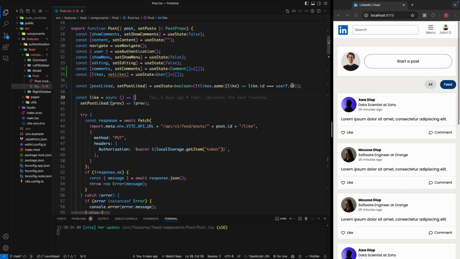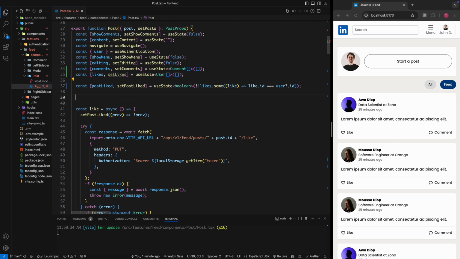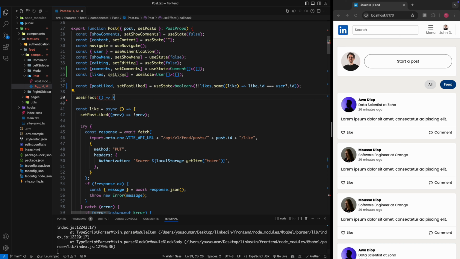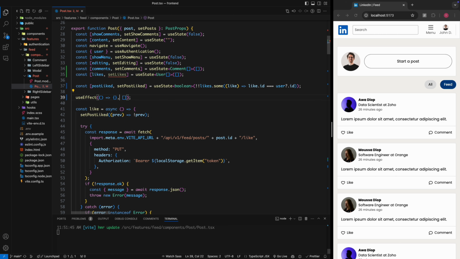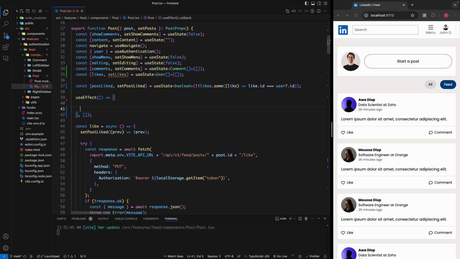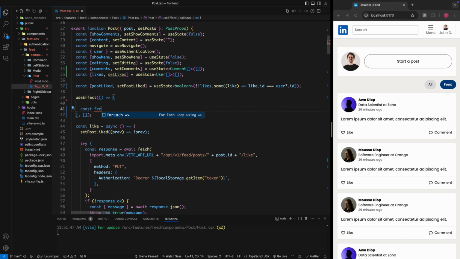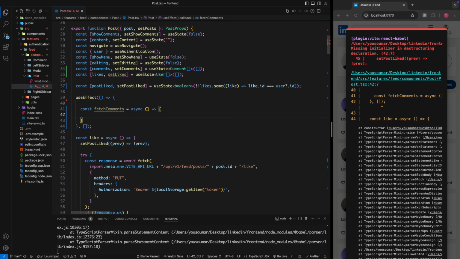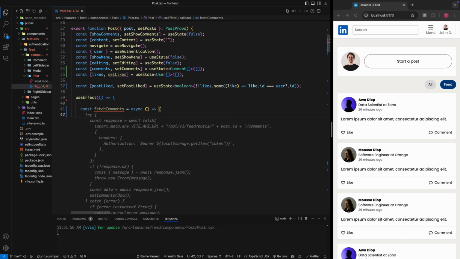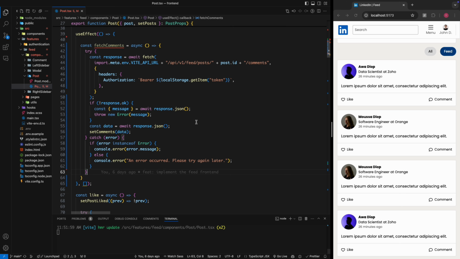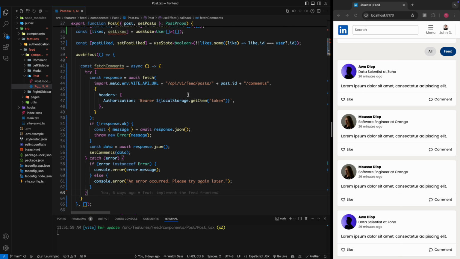So we need to make HTTP calls to get them upon the component rendering. So we're going to say use effect, and I'm going to be calling it when the application renders, and I'm going to use a function called fetch comments. So I'm going to be making, Copilot is completing for me, which is good. So I will be making an API call to feed, then post ID, then comment, and it's going to be